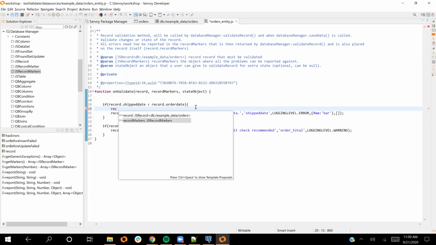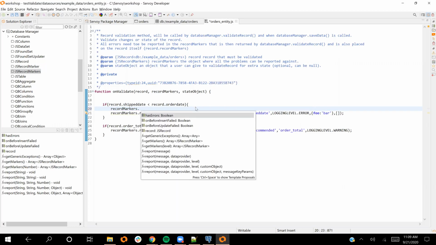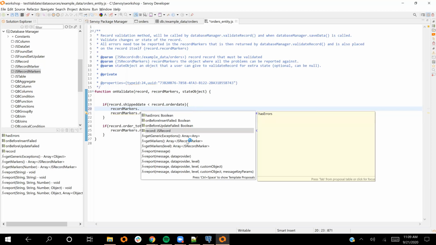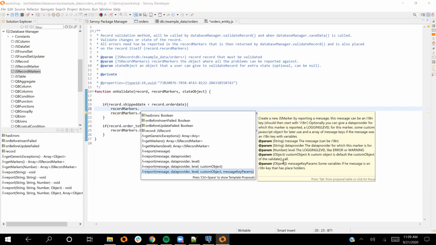If I was typing this out from scratch, I would call one of these overloaded report methods, and you can see the parameters here. There's really a message you're going to report, the data provider about which you're reporting. That could be null too. Then there's the log level. So this would be the severity of the marker, and then